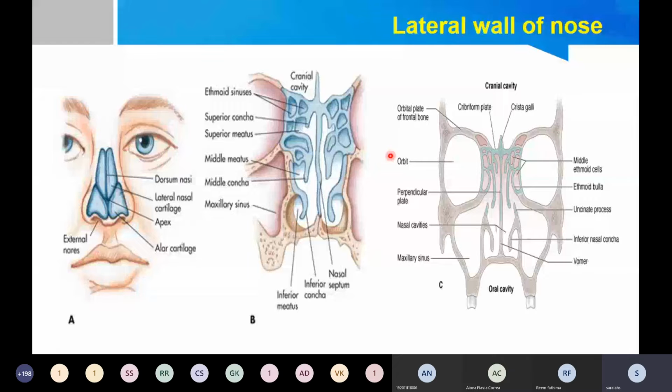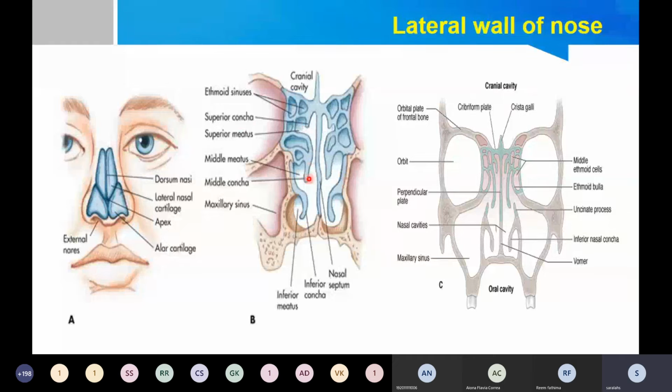Please remember those. So this is the lateral wall of the nose. If you can observe here, there are shelves: this is one upper shelf, the middle one, and the lower one. Between these shelves, or below these shelves, there are spaces. Those shelf-like projections are called concha. If you can see here, that is the concha, and that is singular.